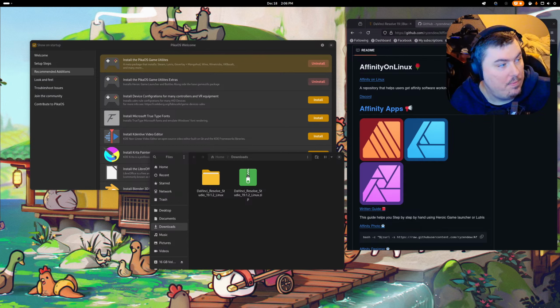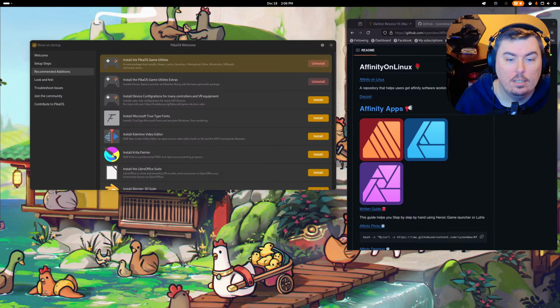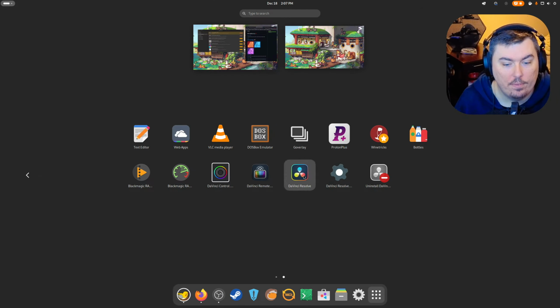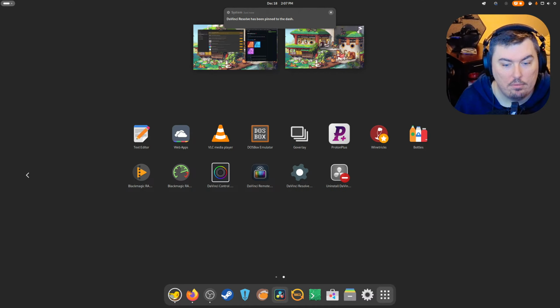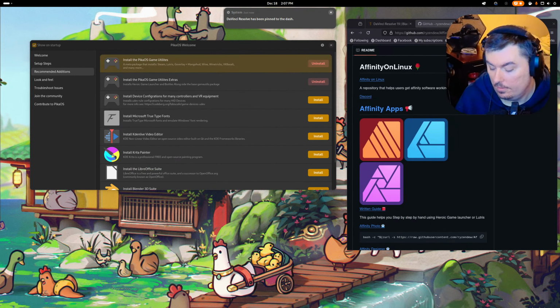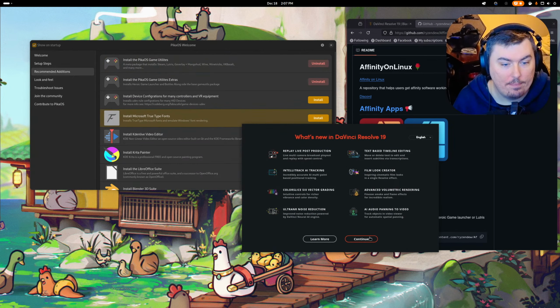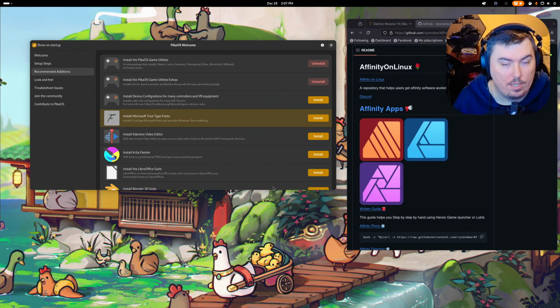Okay, so with EventToy support, you should make dual booting a lot easier. Cool, DaVinci Resolve is set up, and let's go see if it's working. I'm going to put that right here, actually next to OBS. There it is. Okay, continue, start.